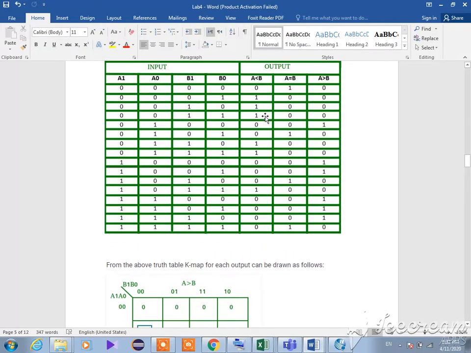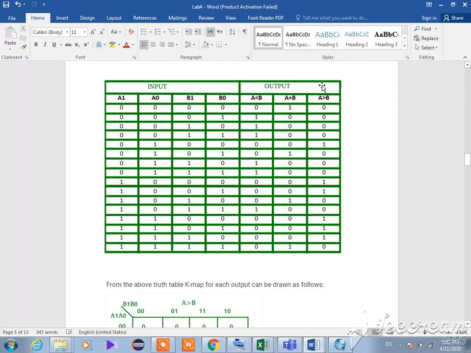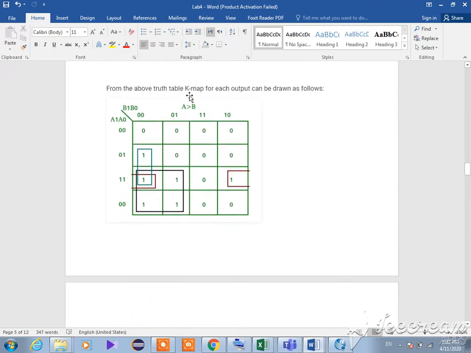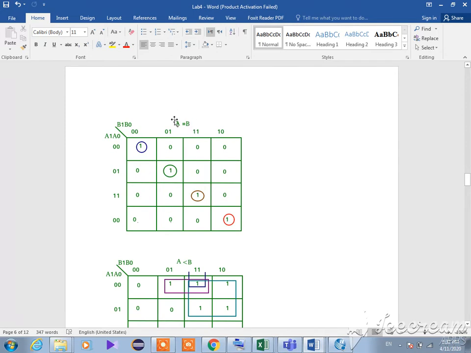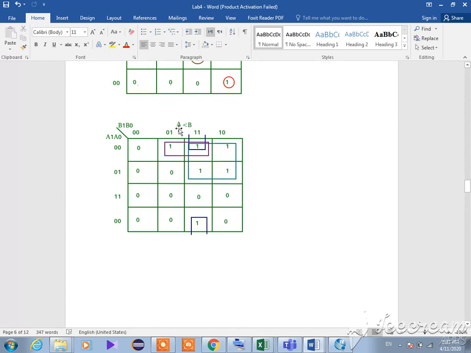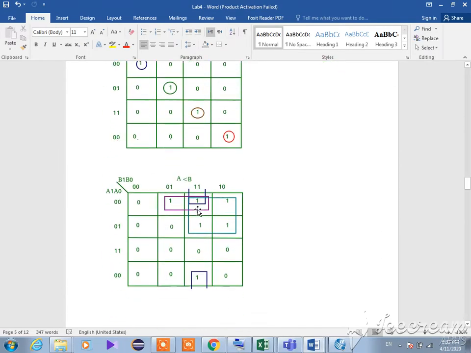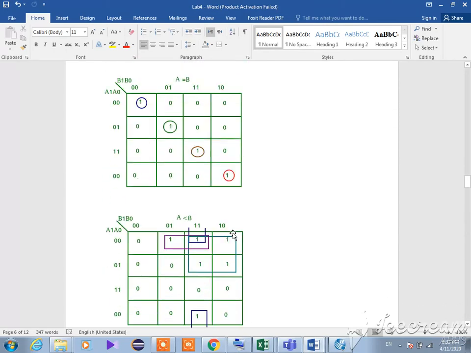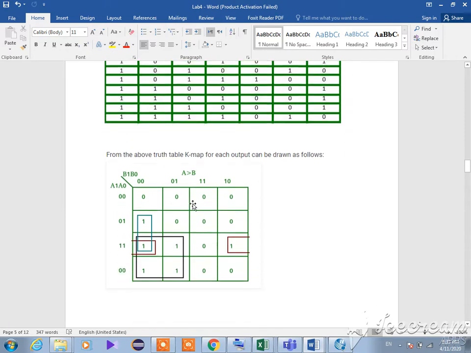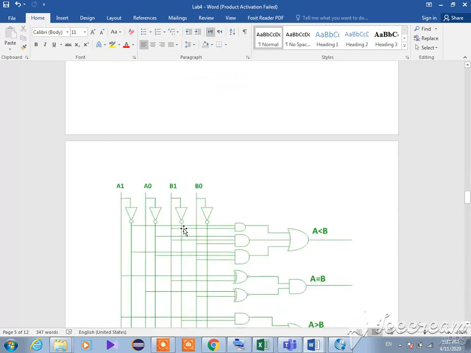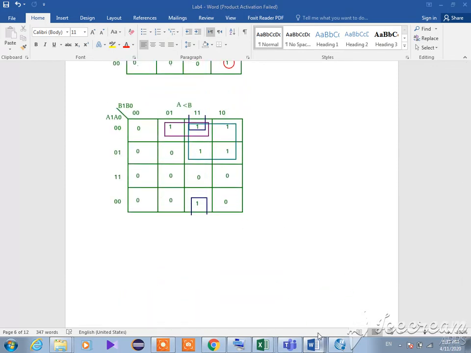And also you know how many outputs we have: 1, 2 and 3. Okay, so how many Karnaugh maps do we need? 1. This is for this output. This Karnaugh map is for this output, equal to B, and this Karnaugh map is for A less than B for this output. Okay, so as we have 3 outputs, we need 3 Karnaugh maps to summarize our function. When we have the truth table, and after that from this truth table we shape our Karnaugh map, we will reach our function. The function is in your